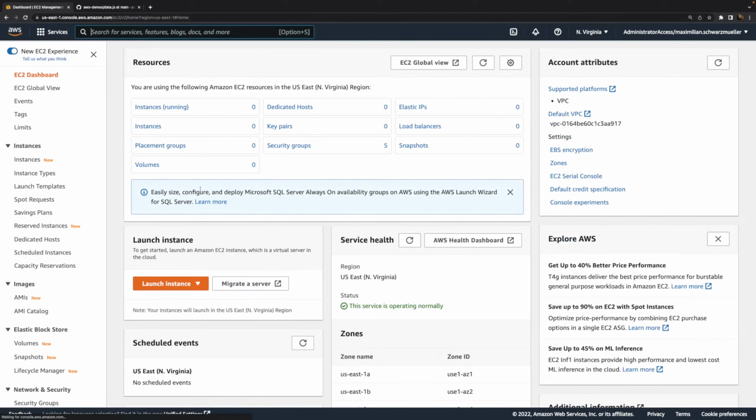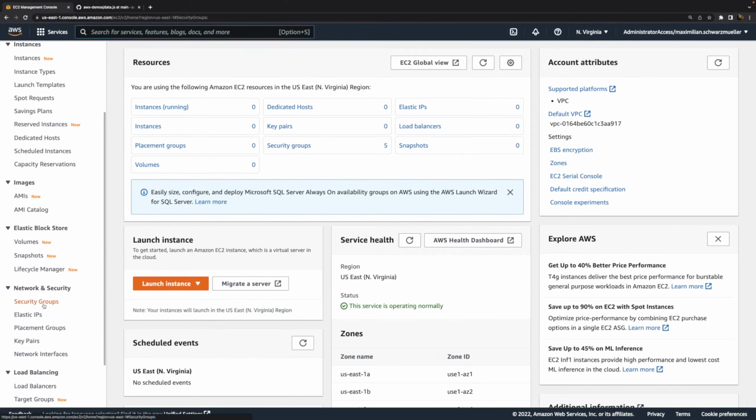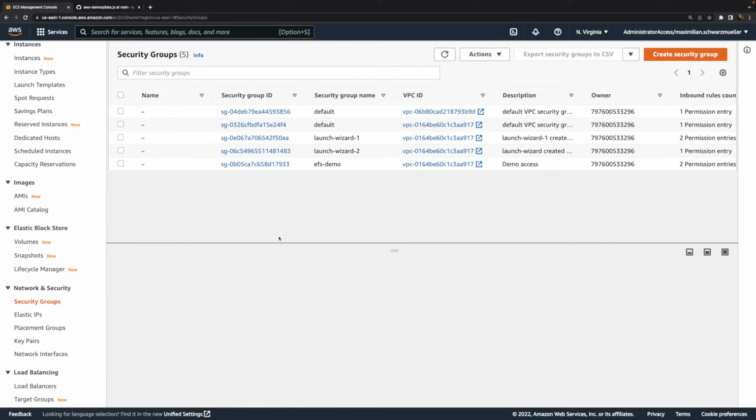Because now I want to start that web server on an EC2 instance. I actually only want to start it once the RDS instance is up and running, but we can already get started here. And I will get started by tweaking my security groups. That's actually the first thing.